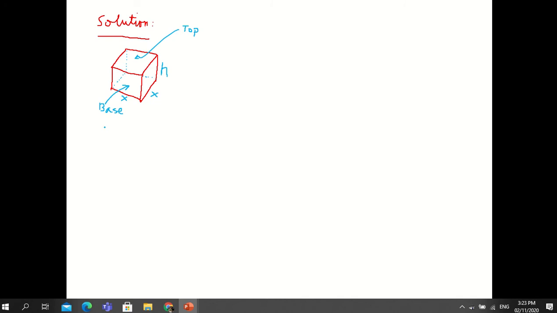So let C be the total cost, as a function of, then look at our box. Our box here contains two variables, x and h. So the cost is a function of the variables x and h. Okay, so this is our cost function equal to